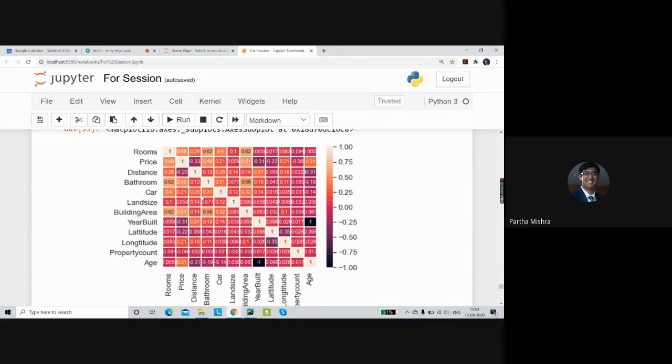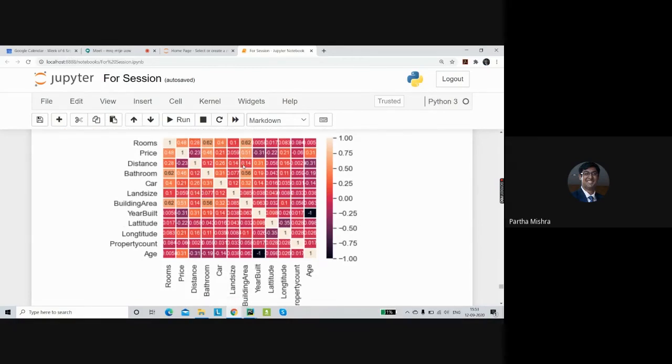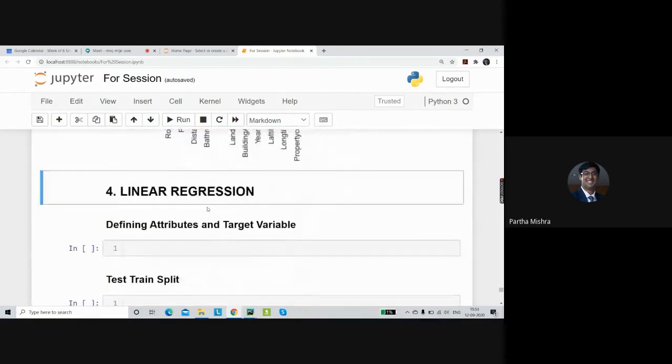Let's go for age, because it is weakly positive correlated. And if you go for moderately positive, let's go for rooms, bathrooms, and building area. Okay, so we can take these values because these particular values are close to 50%. And let's build the model.